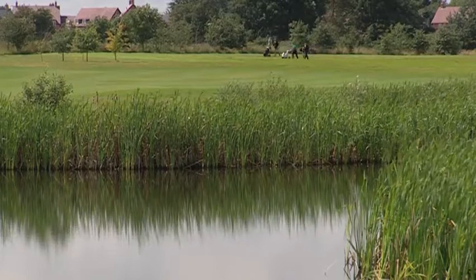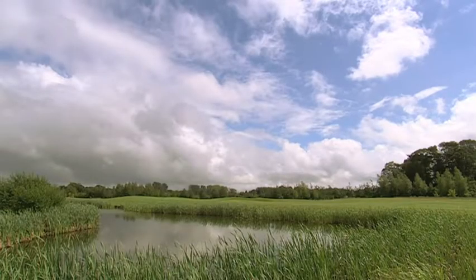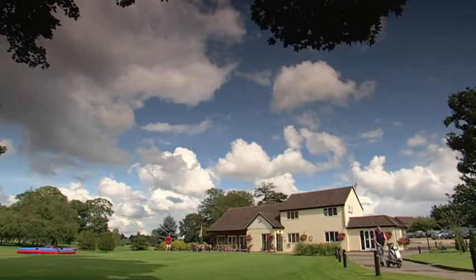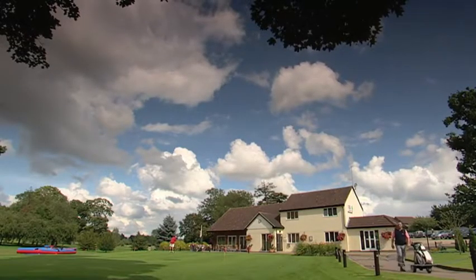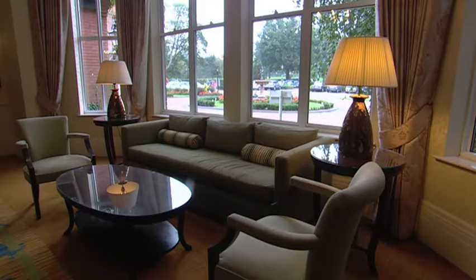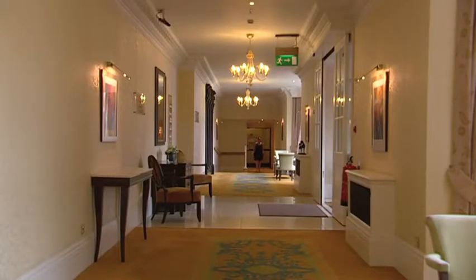And I think it's just, yeah, it's kind of an oasis, really. We're a bit of a secret here. A lot of people don't know about it, and I think it's great when people come up here. They just feel really relaxed and at home. It's a great atmosphere. Over the last few years, Sprowston Manor has undergone major refurbishment to all of its public